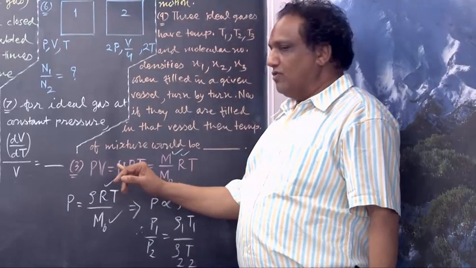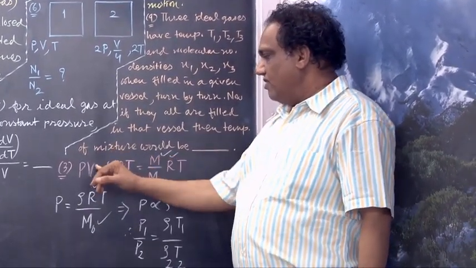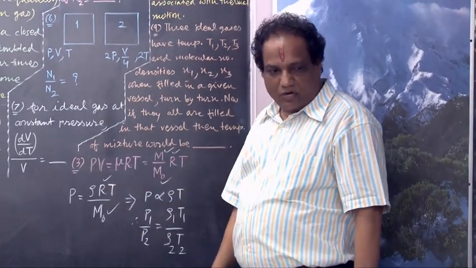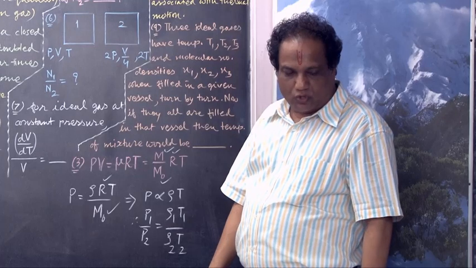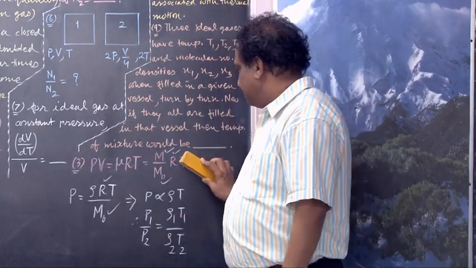See, from here also you're going to get the same result. Once you take this volume down, mass upon volume will be density. It is the same formula. Got it? Rho 2 equals rho 1 by 2. Read number 4 now.